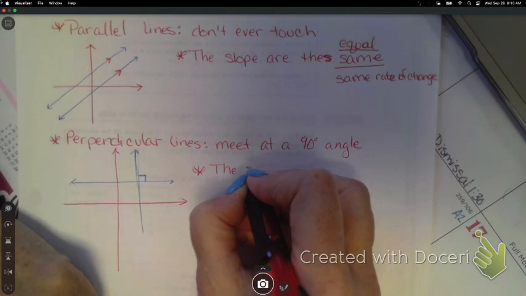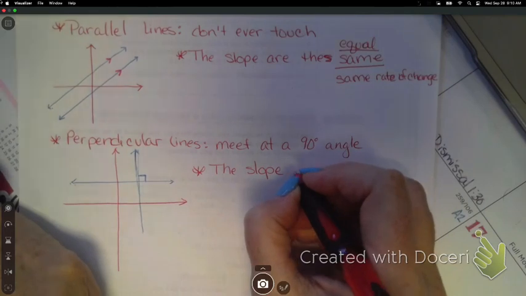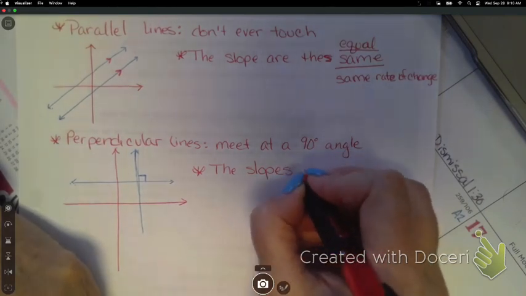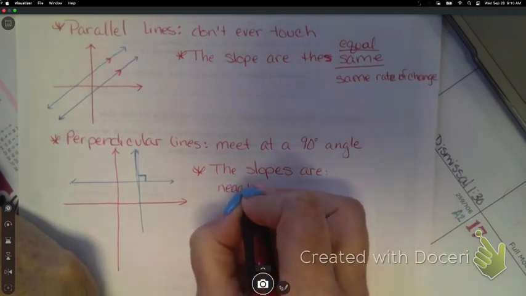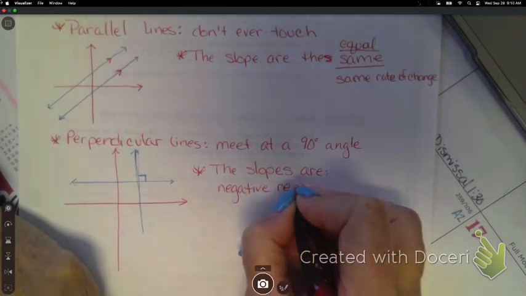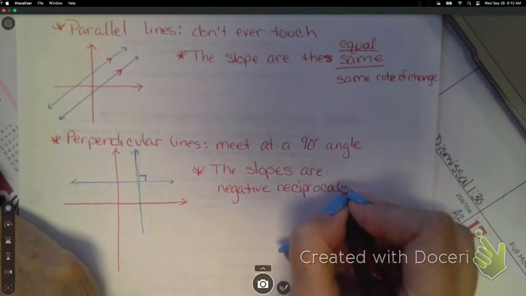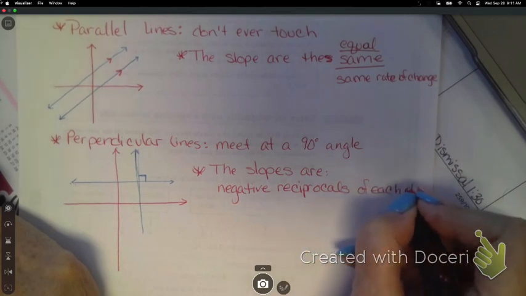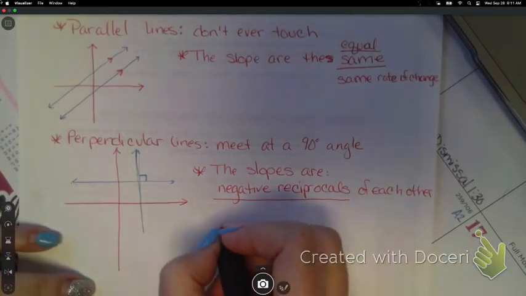One is positive, one is negative. There's something else. One's reciprocal. Okay. Their slopes are negative reciprocals of each other. Okay, so they're negative reciprocals of each other. When you multiply them,